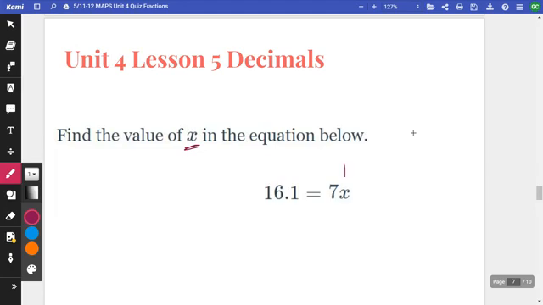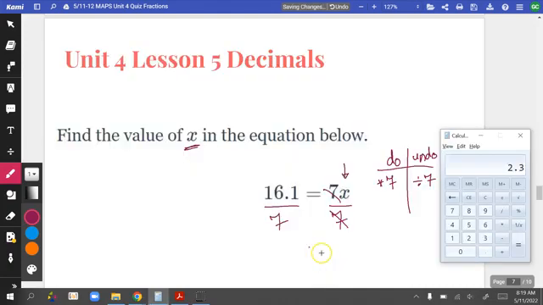So we are looking for the value of x. We can think, what are we doing to the variable x? We are multiplying by 7. So how do we undo what is happening to x? We can divide by 7. So that's the only thing we need to do. Divide by 7 on both sides. Divide by 7 on the right. Divide by 7 on the left. And these cancel out. So now we need to find out what is